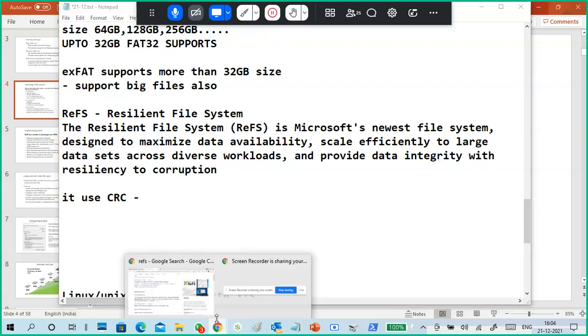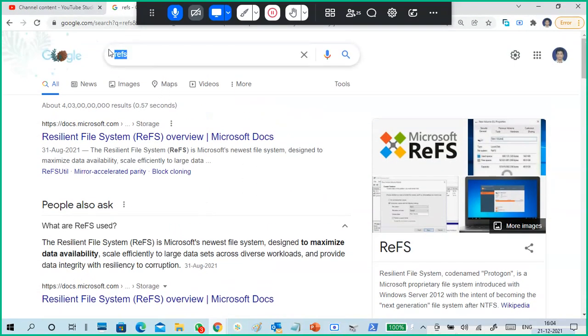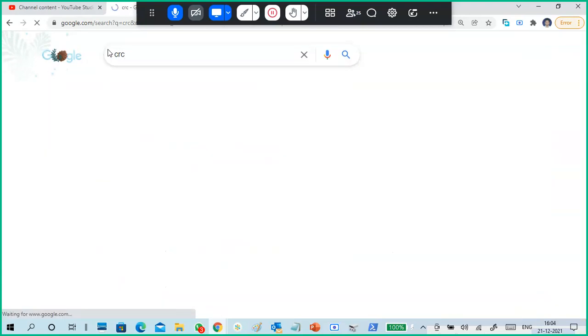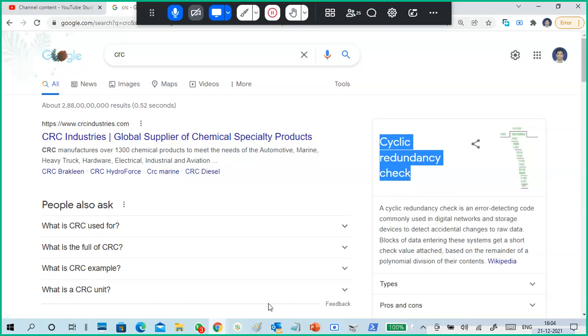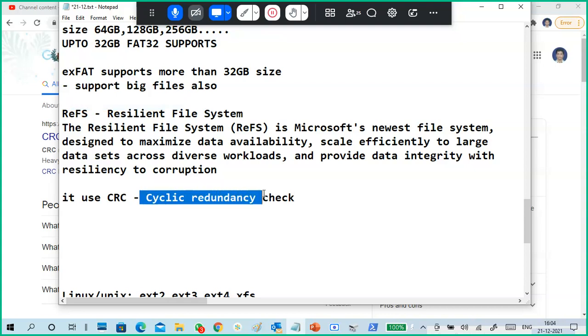CRC. Error detecting code. Very good. I need the abbreviation. Good. Cyclic redundancy check. Very good. Cyclic redundancy check.